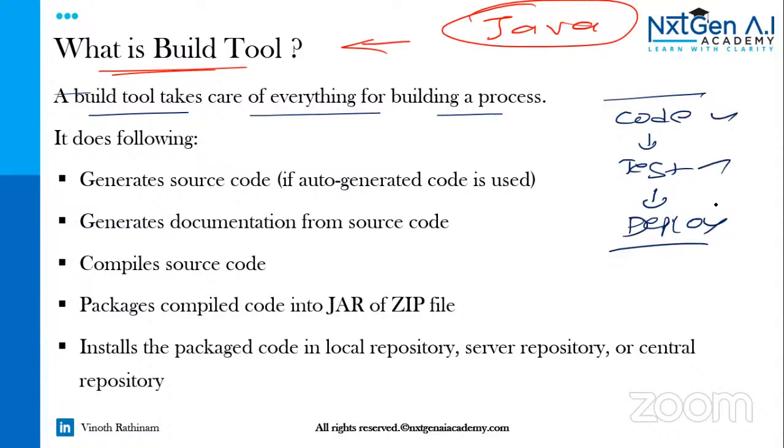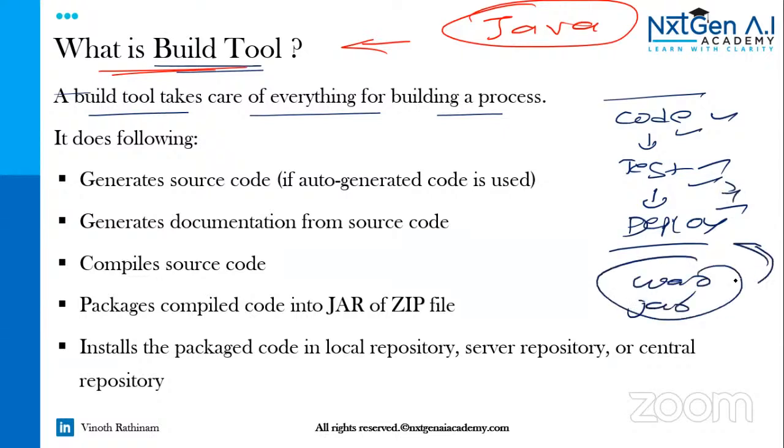I just said it very easily, but in a real-time project, you need a lot of dependencies, a lot of jar files. If you want to work with Excel, Apache POI, like that, developers need a lot of files. So setup is very tough. And they are saying build, right? After testing, they will create a build, like war and jar files. This only they will deploy into the environment.